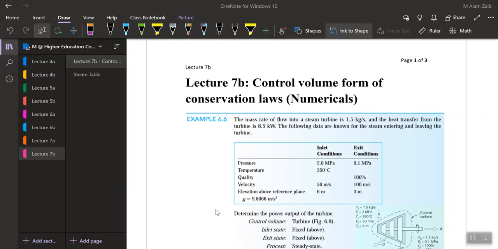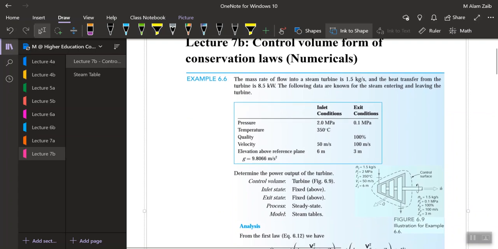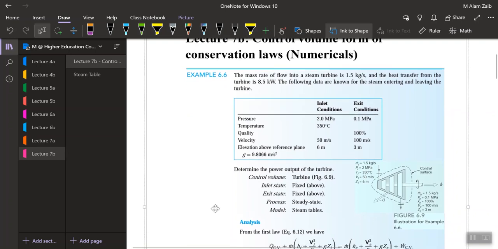Lecture 7B, control volume form of the conservation law. Example, we will do starting with example 6.6. A mass rate of flow into a steam turbine is 1.5 kg per second, and a heat transfer from the